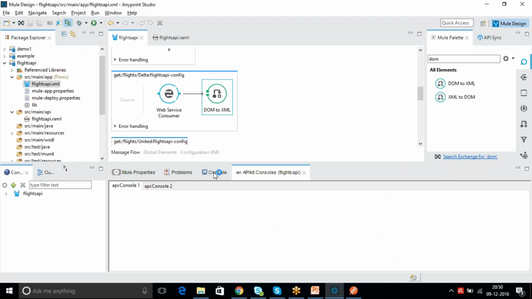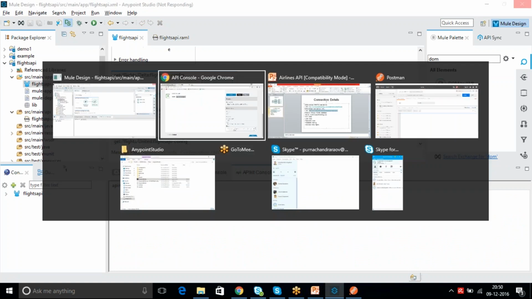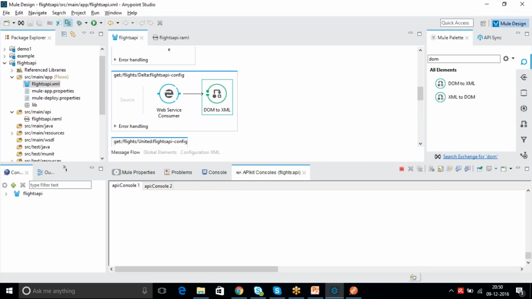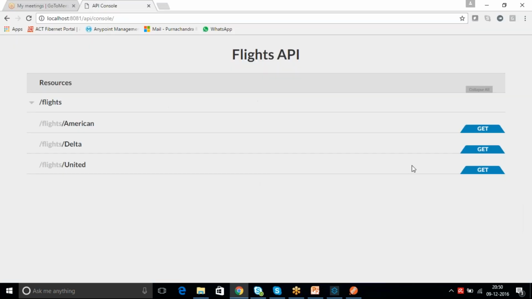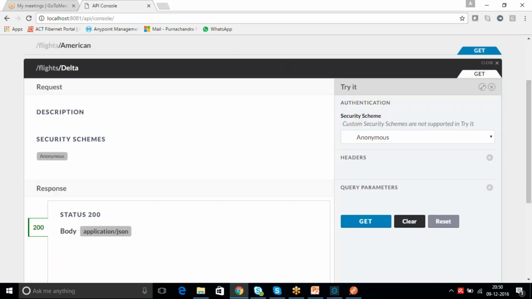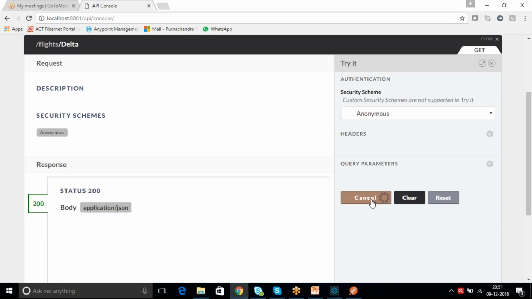There is an option, console clear. So you can see here, clear console. Okay. So it is Delta. Click on Delta and click on get.